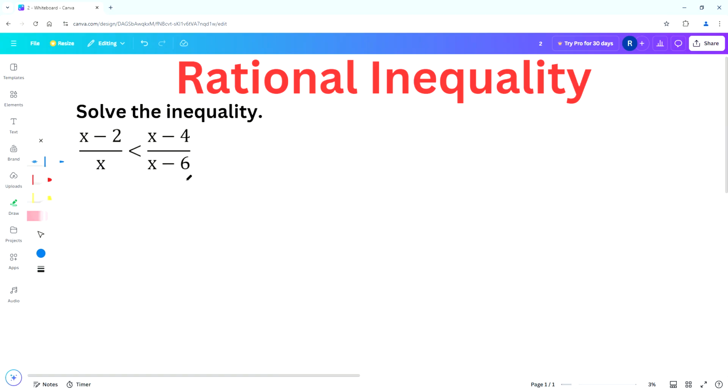The first step is to move all non-zero terms to one side of the inequality. We can move the fraction (x - 4)/(x - 6) to the left side of the inequality, and that will make this fraction negative, and we'll be left with just a 0 on the right side. So we get